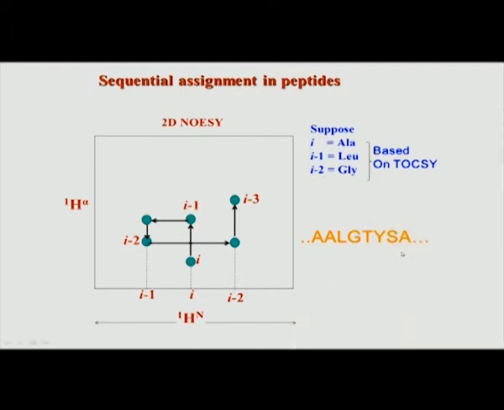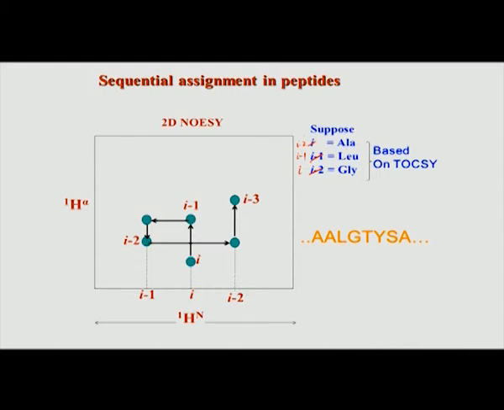This is our peptide sequence which is shown here. So, suppose this is our peptide sequence. Now, I will search for a residue which is I should be ALA, L should be I minus 1, glycine, that means it should be a GLA spin system. So, there is a typo here. So, let me correct this. So, let me say that this I is glycine, I minus 1 is leucine, and I minus 2 is alanine. See, it does not matter because this is just a schematic right now.